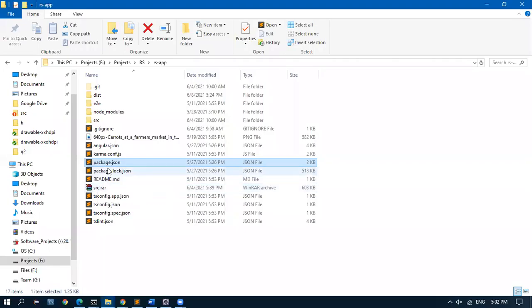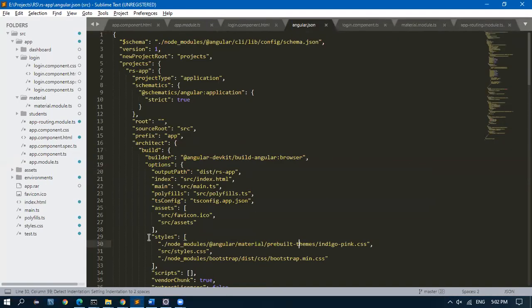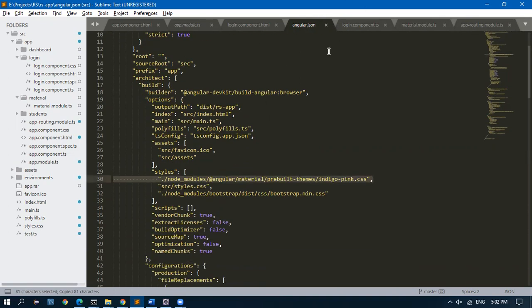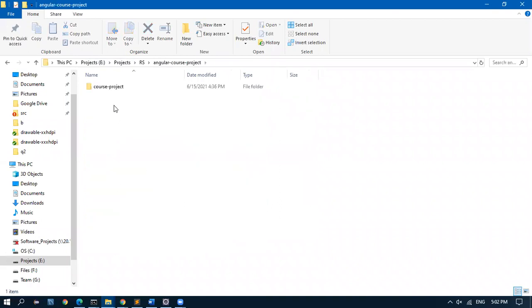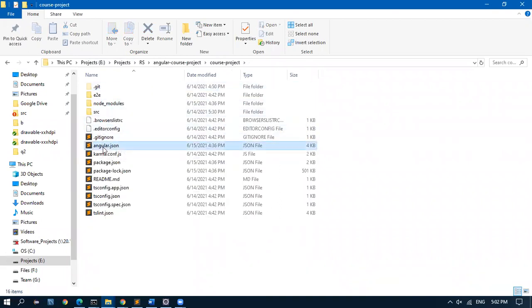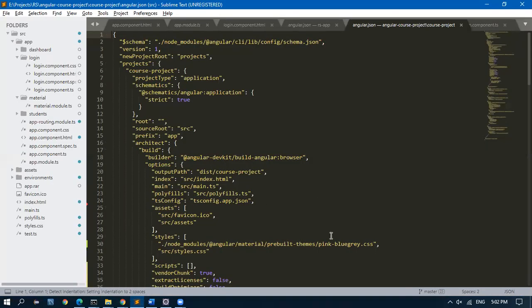In angular.json we used to add one line. Do you remember the theme? It will automatically come. I'll just copy. Usually it will automatically come. Angular.json, yeah, it is there.